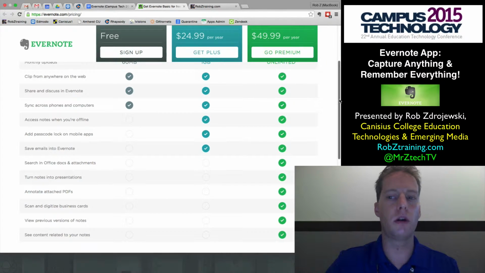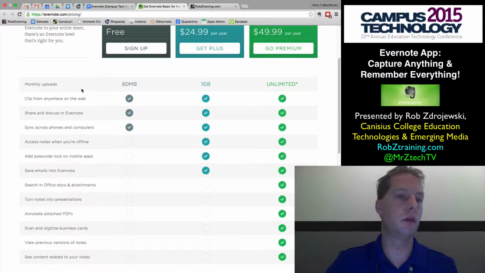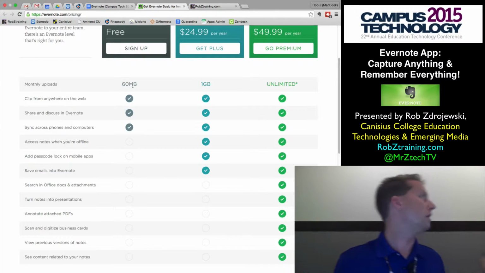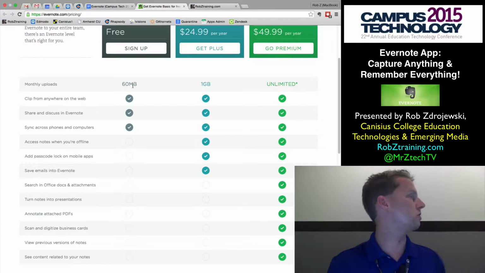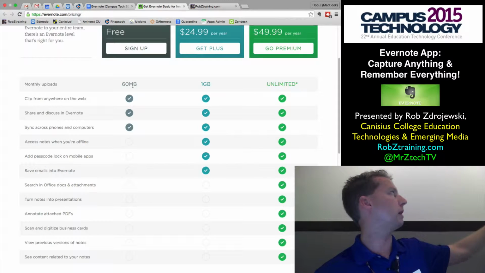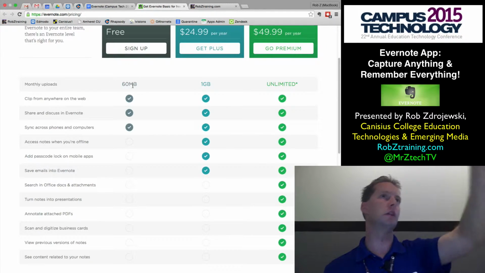You get a little bit more storage when it comes to monthly uploads. The beginning part is 60 megabytes, and if you're not using this for file storage, because for me that's what Google Drive is for, if I'm just using it for text-based notes or checkbox lists or photographs, 60 megabytes probably would be fine for the month. And there's no cap on your storage. This is new storage for each month. So if you're at the free plan, it's 60 meg this month, then another 60, then another 60, and it